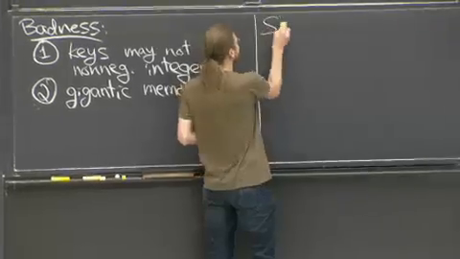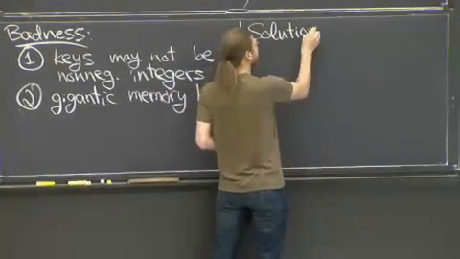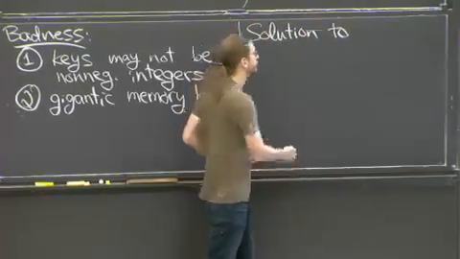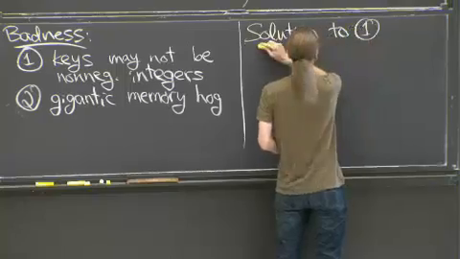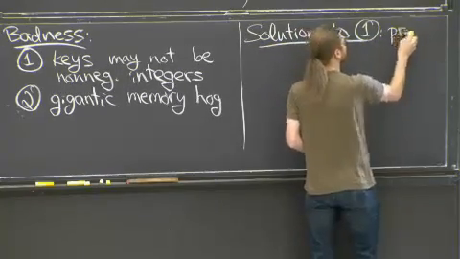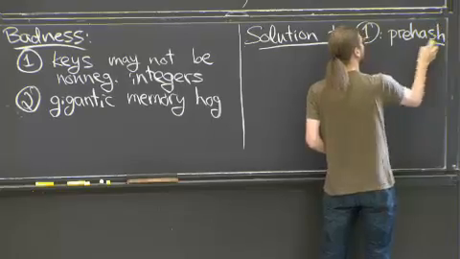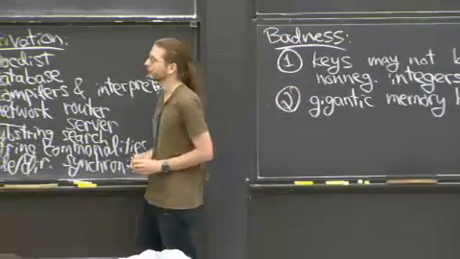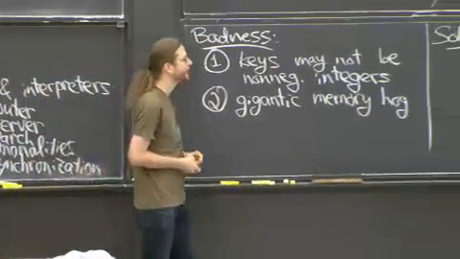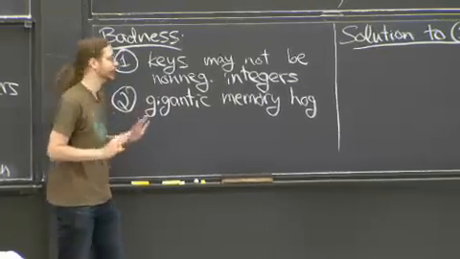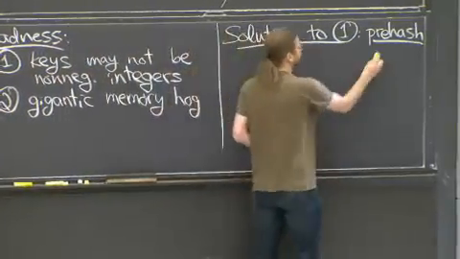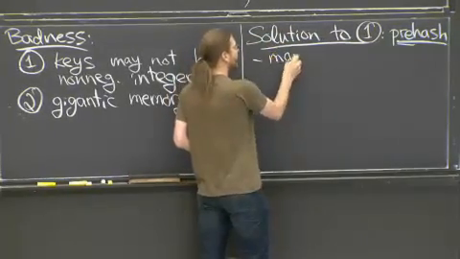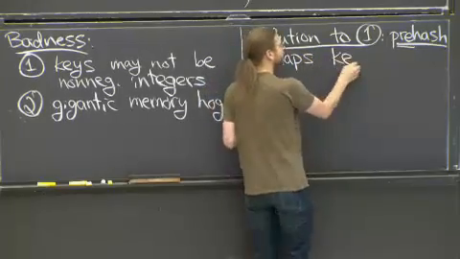First problem we're going to talk about is what if your keys aren't integers? Because if your keys aren't integers, you can't use this at all. So let's at least get something that works. And this is a notion called pre-hashing. I guess different people call it different things. Unfortunately, Python calls it hash. It's not hashing. It's pre-hashing. Emphasize pre here. So a pre-hash function maps whatever keys you have